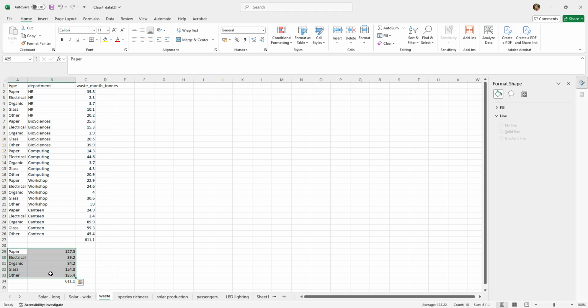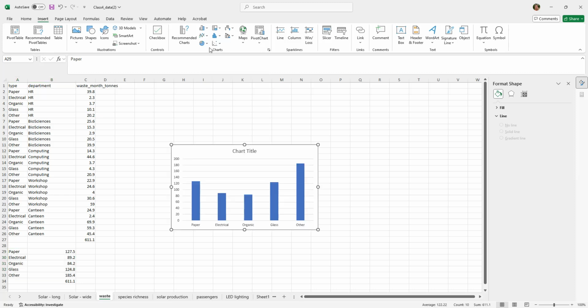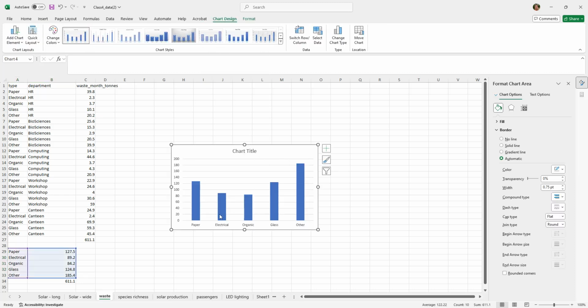Now I can very simply generate a very simple graph, which is just going to look at the distribution of waste by type of waste. So I'm just going to select my data here. I'm going to go to insert, and again, it's going to be a very simple column graph. And as you can see, there's not much here that I need to add. I need to change the title. I need to do waste monthly